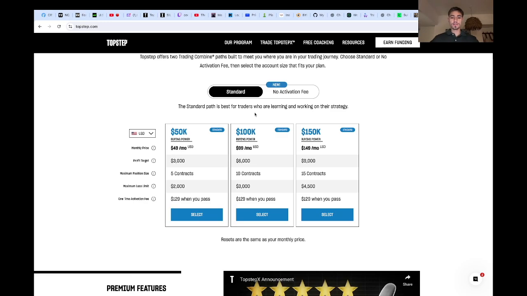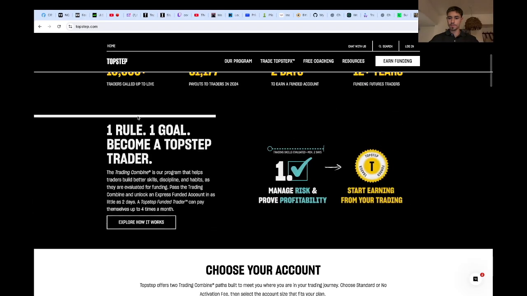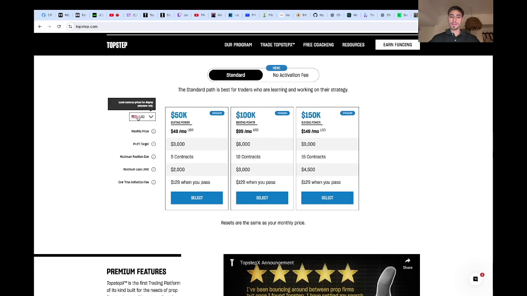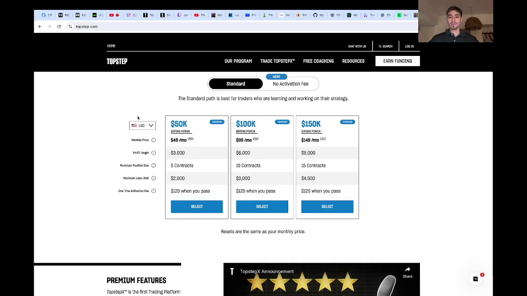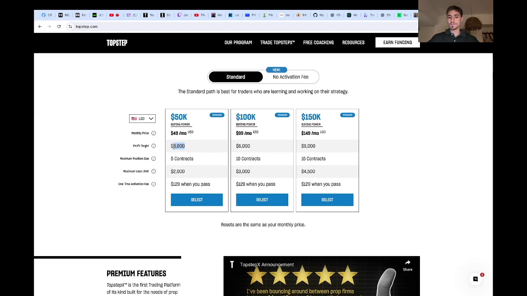So basically what it is, it's a challenge. It's a paper trading account that if you can pass the challenge and prove to Top Step that you can trade, they will give you a separate account to where you can actually request payouts from. You're actually getting paid, but first you have to pass the test. And so the test costs $50. Let's just use the 50K account for an example. The test costs $50. In order to pass the test, you have to make 3,000.